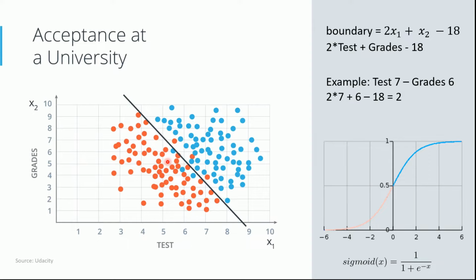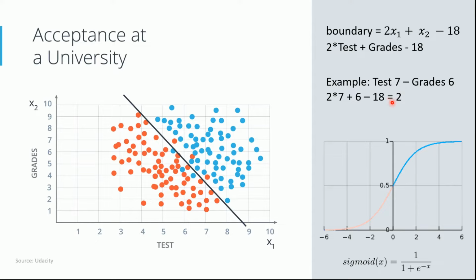As we see, based on our model, since the point is plotted here, which is the location 7 for the test and 6 for the grades, it's in the probability space of the people that got accepted, as given by this line. But let's look at this a little bit mathematically. We said that this line is 2 times test plus grades minus 18. Since the test is 7 here, this is 2 times 7, which is 14, plus 6 for the grades, that gives us 20. Now, 20 minus 18 gives us a result of